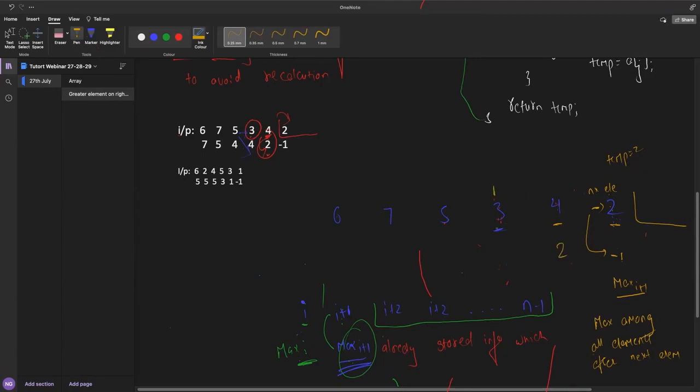Now we will come to 3. For 3, we will apply the same logic. What is the logic? 2 is nothing but the maximum of all the elements after the 4. So 4 is the next element, and 2 is the maximum element for all the elements after 4. So what you have to do now is compare 4 and 2. When you compare 4 and 2, the 4 will be the maximum. If you look at 4, 4 is nothing but the maximum among these elements.